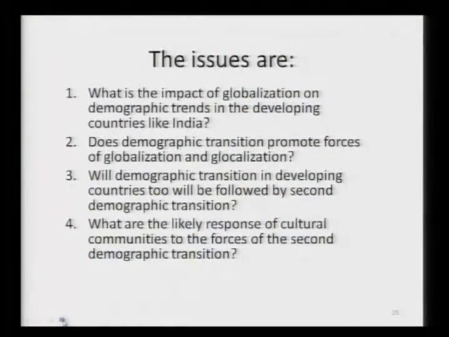Will demographic transition in developing countries too be followed by a second demographic transition? Now, this is a term which I will define a little later when I talk about demographic transition in particular. Demographic transition essentially means changeover from a high fertility, high mortality situation to a low fertility, low mortality situation, as associated with processes of industrialization, urbanization and economic development. This has happened in the West and this is happening in the less developed countries or developing countries today. This is going to happen in the so called